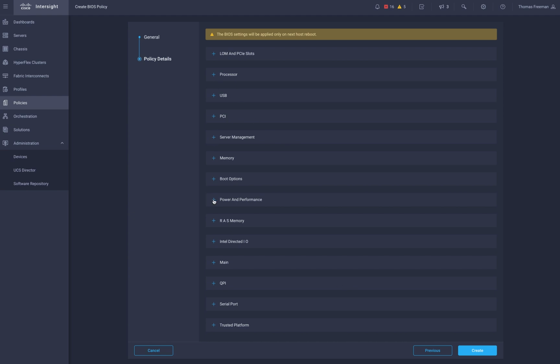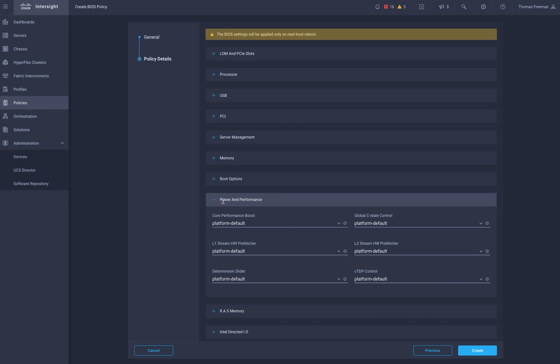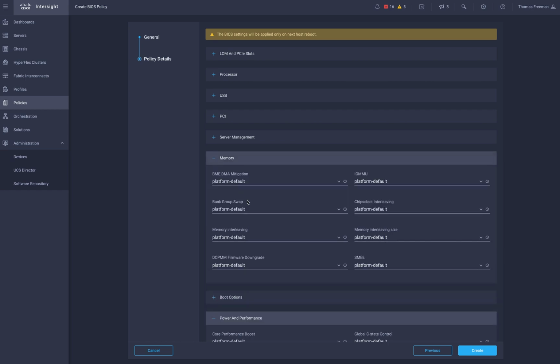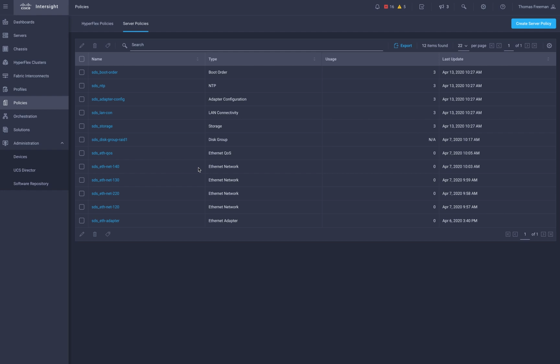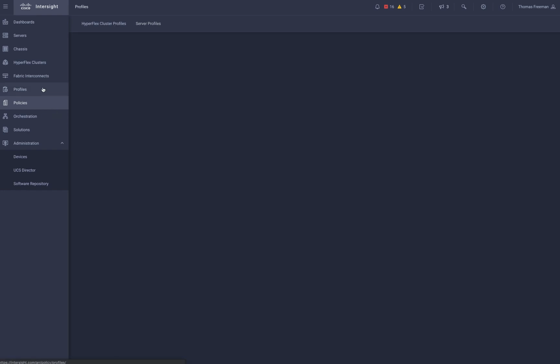So if I want to go in and adjust very specific power and performance settings, or I want to adjust memory settings, whatever it may be, I can go ahead and tweak those variables and create the policy that fits my needs. So once you have a number of policies created, you can come back into the Profiles section and actually apply those server